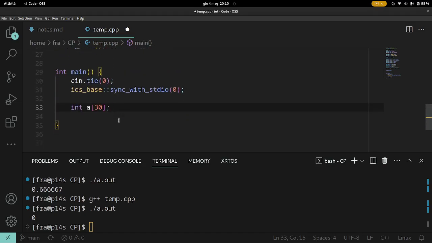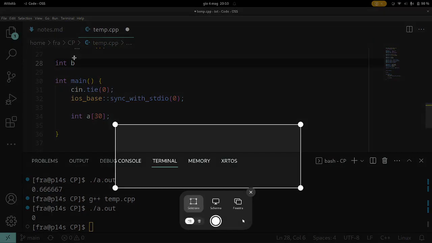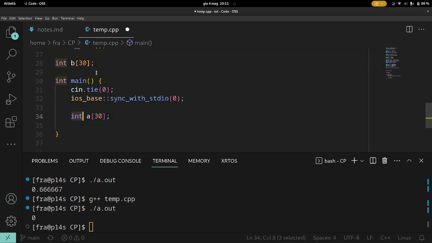But if you do the same with vectors, it will be zeros. So for example, if you write it like this, this will be an array of 30 zeros. But if you define an array in main, it will have random values. So this is important to know.